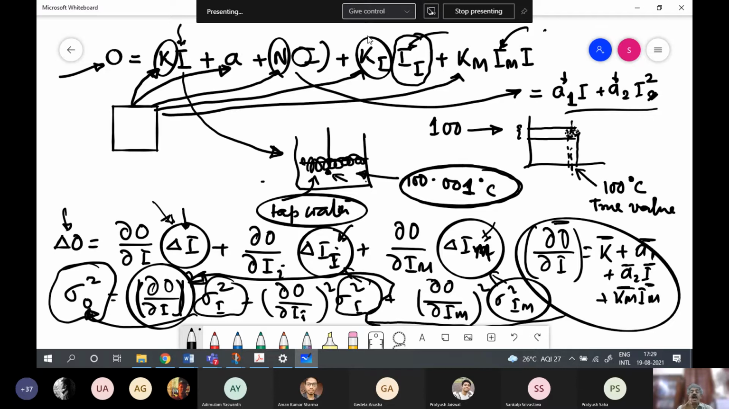So if you produce, let us say, 100 resistance temperature sensors, or let us say 100 strain gauges, then,